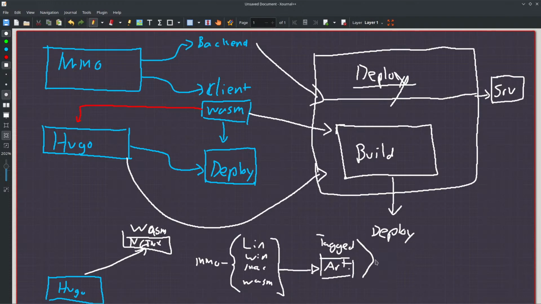And then when I build Hugo, I want to pull the latest down and then build it. I guess you could build with the latest, or you could build with